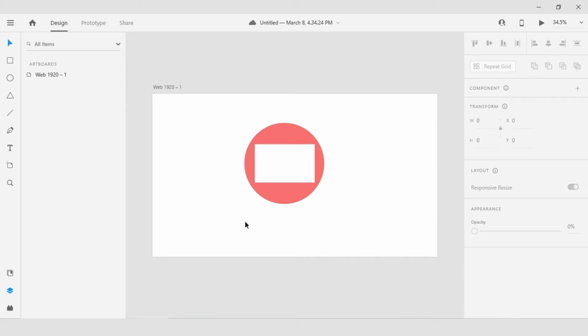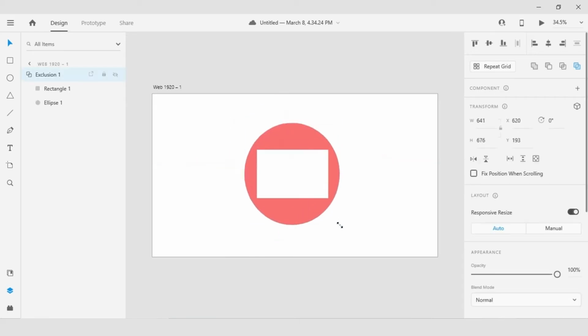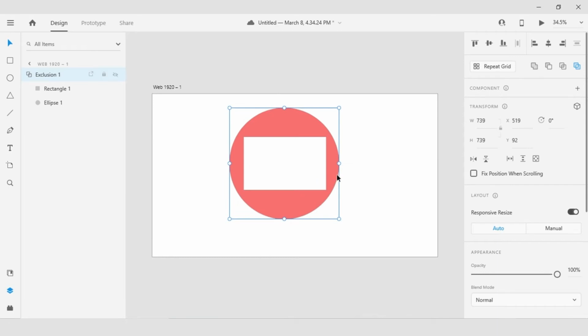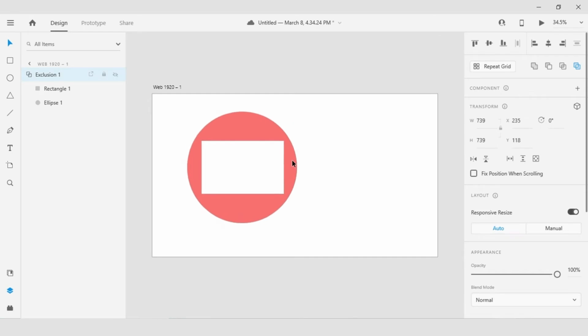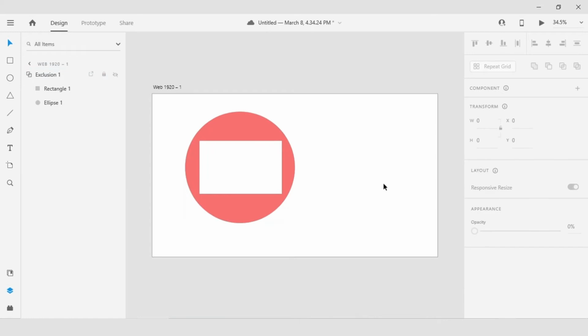One of the nice things about Boolean groups is they can make terrific masks. So I'm going to borrow one of these terrific booleans that we have just created as we talk about masks and placed images. I'm going to move it to the side here and resize it a bit larger. When images are placed in Adobe XD, they automatically are masked inside of a rectangular shape. Now, unlike other Adobe applications, you don't necessarily go and select File, Place in the menu. To include images or text, you simply go to the folder, select the images or text, and press and drag it into the design canvas. So let's do that now.